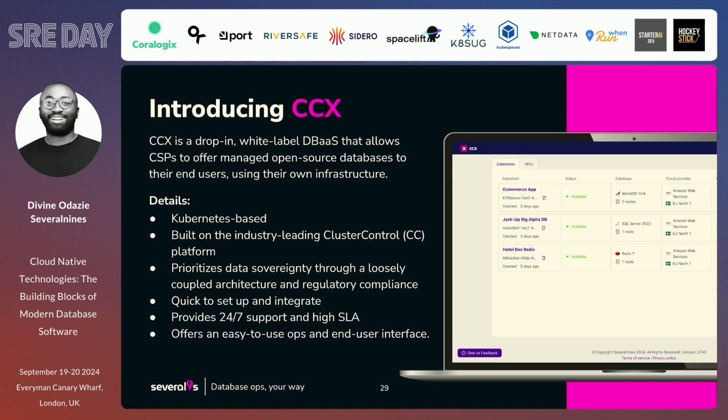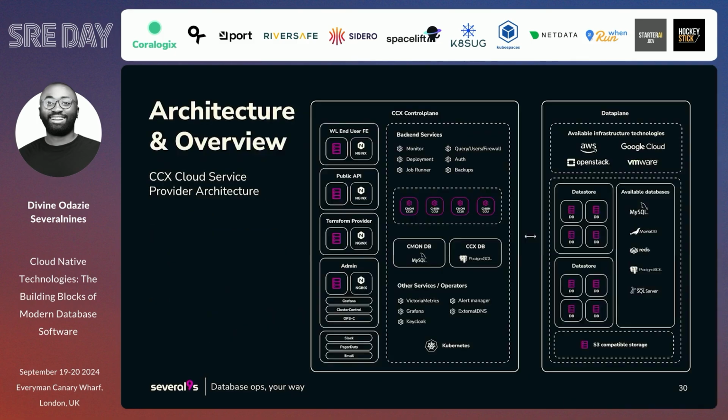Basically, it's a Kubernetes-based control plane that abstracts away most of this manual initial engineering effort. It's designed in a loosely coupled architecture, in the sense that you can easily use different Prometheus-based metric servers instead of VictoriaMetrics, switch off Keycloak, or use a different DNS in order to deploy your DBaaS. And on the data plane, you can deploy your database on AWS, raw EC2 instances, if you want.